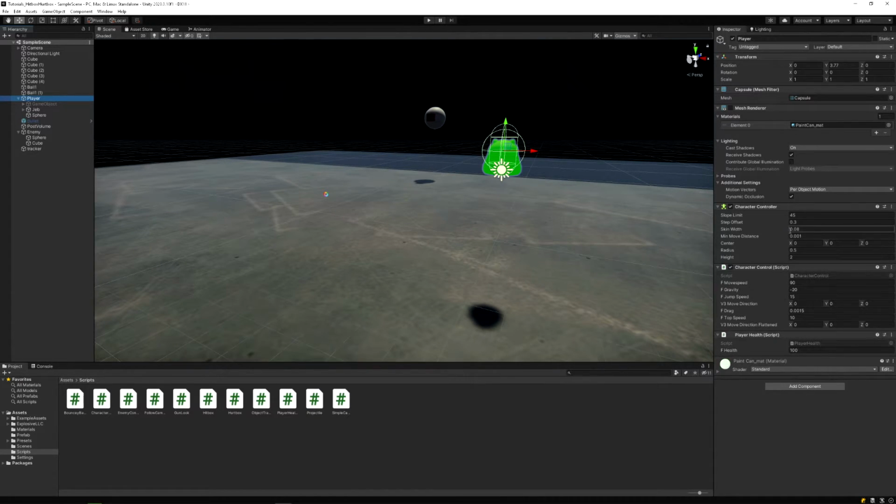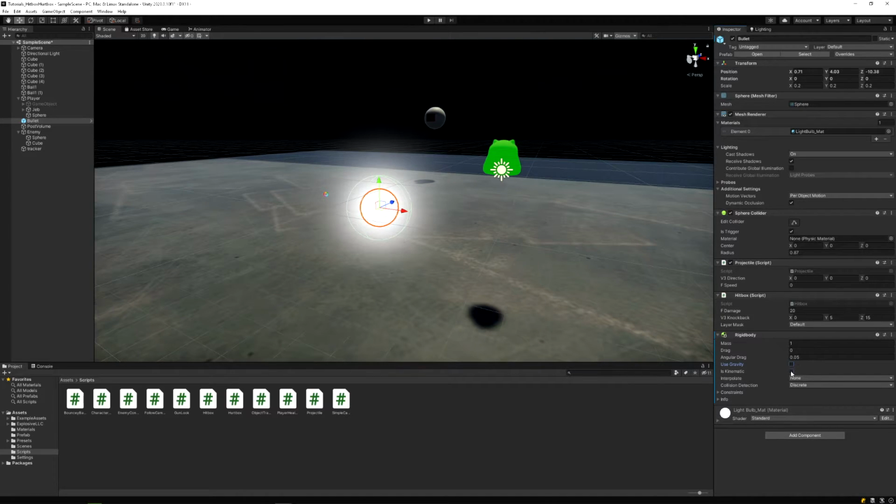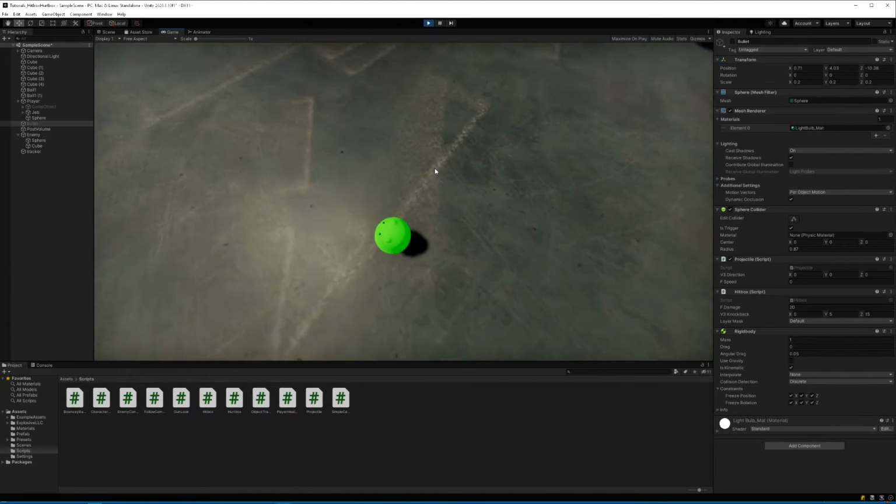So the reason is the collision's never triggering. So let's just go to our bullet, and let's add a rigid body component. Disable gravity, make kinematic, and freeze the position of the rigid body. This is very important. Make sure you lock these constraints. Make sure to apply that to the prefab, go back, and now you'll see